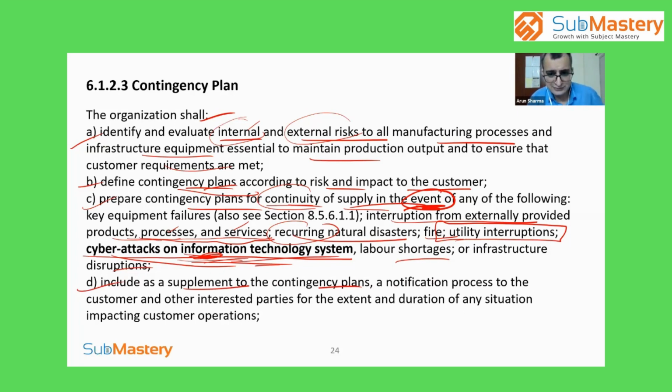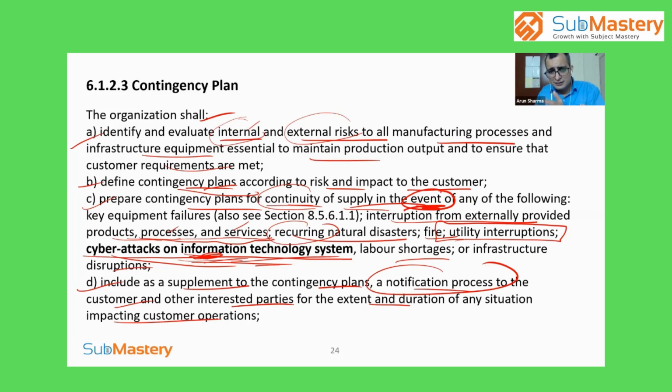Supplement means, in addition to this, a notification process to customers and other industry parties to the extent and duration of any situation impacting customer operation. What does it mean? You should have some notification process. It could be in a communication matrix, or you can define someone's responsibility that whenever this contingency is happening, industry parties, like the customer, should be informed that this contingency has happened, or we are working on this contingency, and your lines will not be impacted,